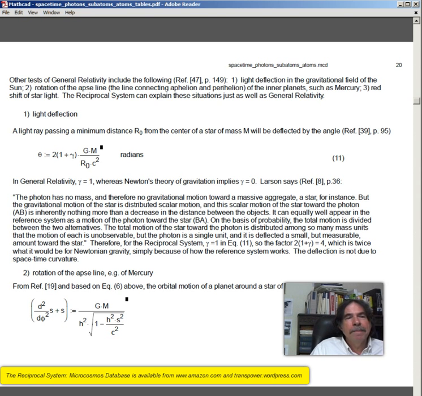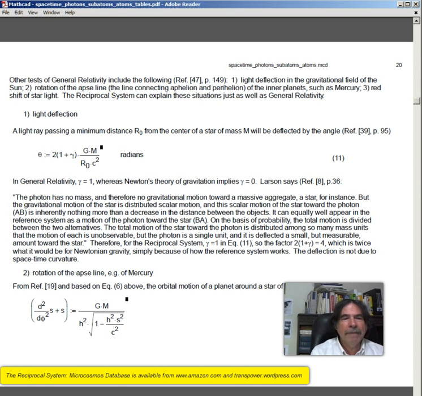1. Light deflection. A light ray passing a minimum distance r sub naught from the center of a star of mass m will be deflected by the angle, see reference 39, page 95. Beta equals 2 times (1 plus gamma) times G times m divided by r naught times c squared, in radians. In general relativity, gamma equals 1, whereas in Newton's theory of gravitation, gamma is 0. Morrison says, reference 8, page 36: